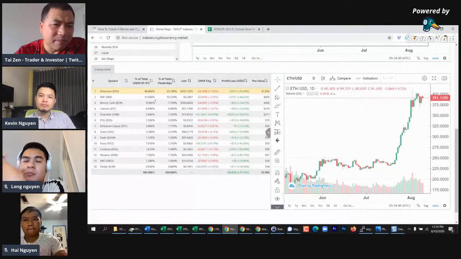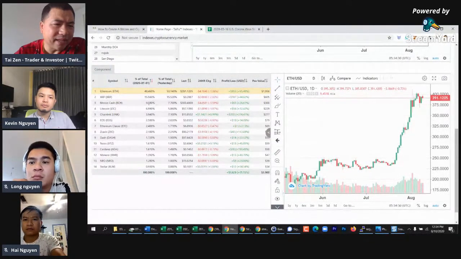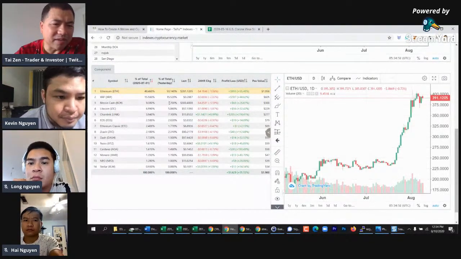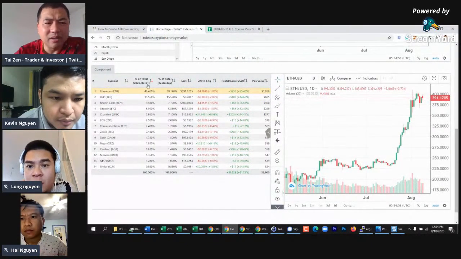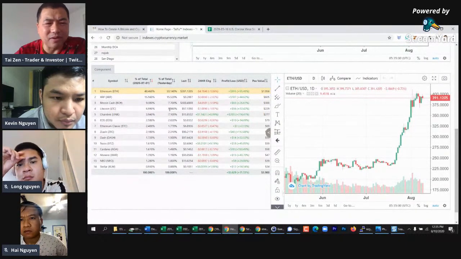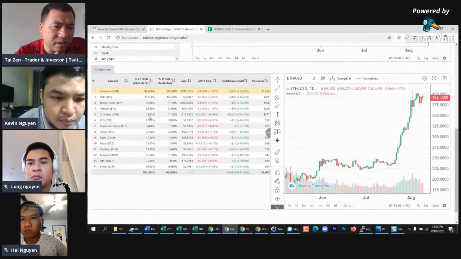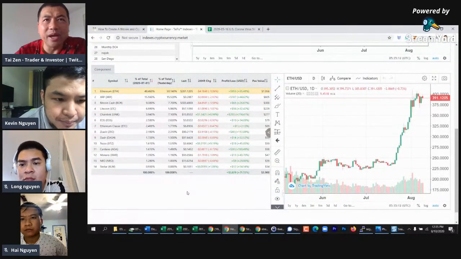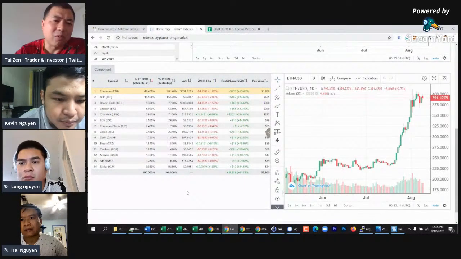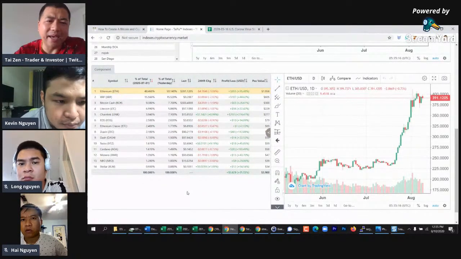And then with Ripple, there's hardly any difference. And then with Bitcoin Cash, there's like 2% difference. But keep in mind, guys, there's a 2% difference here, but on July 1st, it was not a big difference. Okay. And then on, let me see, on Litecoin, in other words, the difference between this and this is not that big. And if I'm in the US or in the Western countries where I get taxed every time I